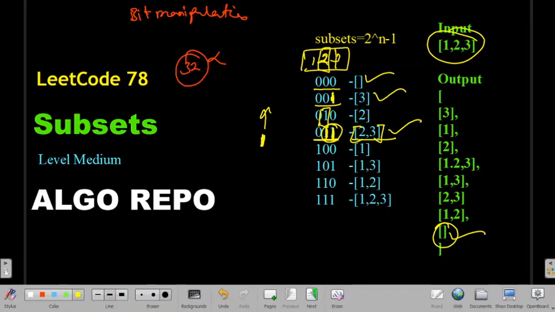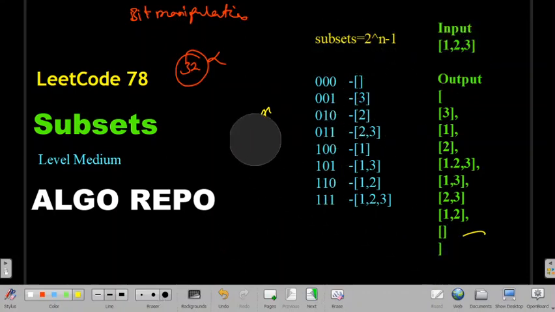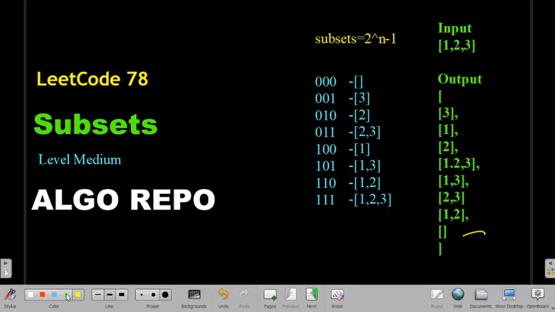Before going to code, we have to take care of one more thing. We should know the basics of bit manipulation. The main thing in this question is that at each index I have to find whether the bit is 1 or 0. I have to check it. So how am I going to check? I am going to check using the AND operation.